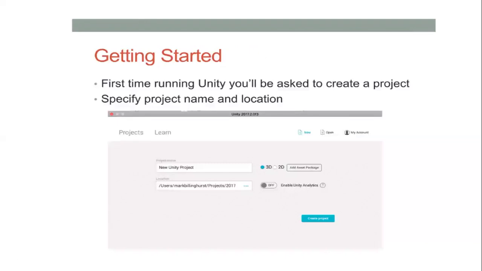Now, how are you going to get started? So listen carefully. Don't do anything yet, just listen. Later on, any one of you can share screen and do it in front of me. First thing, how you're going to get started: as soon as it opens, it asks you on the right-hand side below whether you're going to do it in a 3D environment or 2D environment. So first you have to name your Unity project with a particular project specification name.